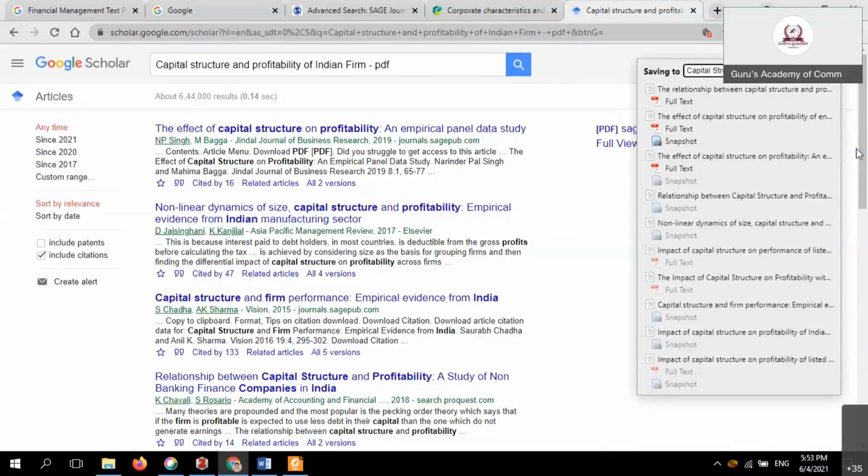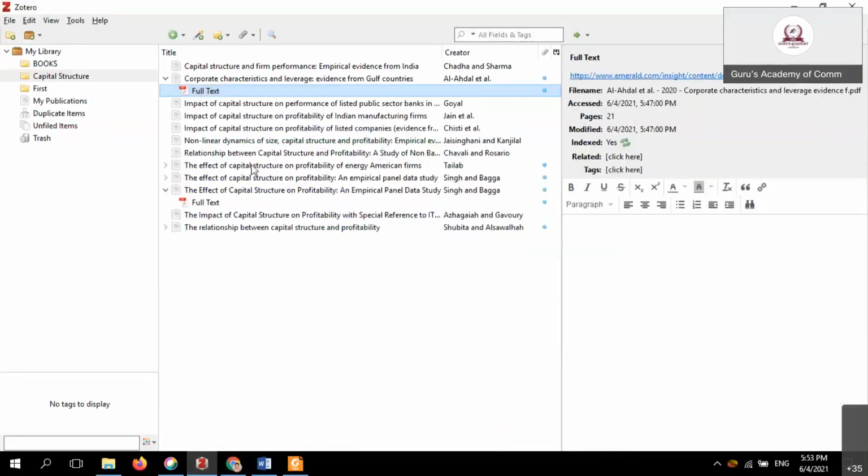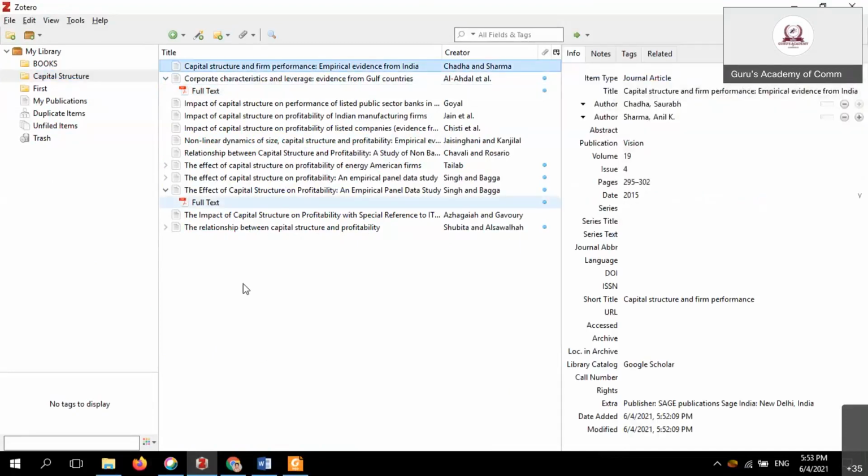This is because of fast network. Make sure your network is faster, so that it works more smoothly. Now, no need to go elsewhere; go to Zotero. What content do we have? We have a large number of content items. Before that, we had only two content items, one from Sage and another from Emerald Insight. Now, what content is available? N number of content is available. Now you go to evidence from full text.